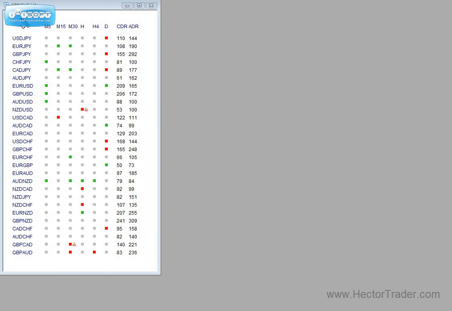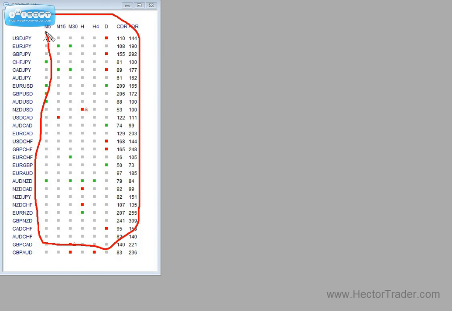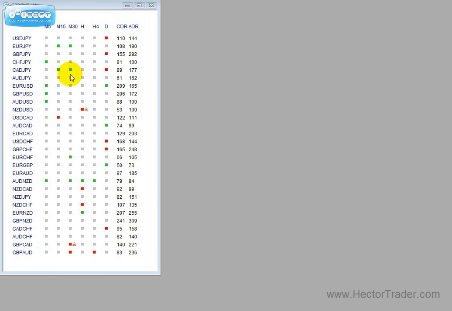You can certainly keep an eye on 28 different crosses just by looking at some occasional trading opportunities here, here, here, and there. 10, 12, 15 charts a day. You have a look at what's going on in those trading opportunities called by the dashboard. You cherry pick the best 4, 5 for the day, and you are set. You are ready to begin taking trades, or at least following the charts,